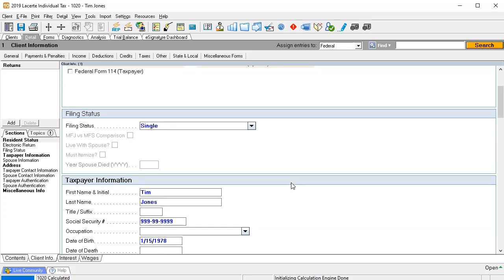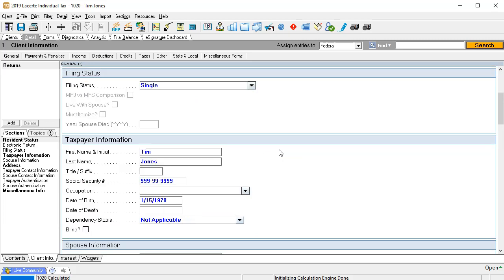Now, this individual, we have one person. We're going to start off with a single individual. So we're going to say single. That's another thing that in the initial interview, you want to kind of figure that out. It should be pretty obvious for the most part. Generally, if you're talking to someone that's married, then obviously you're going to assume married filing joint unless they say married filing separate, at which point you'd probably be saying, well, are you sure you want to do that? Because it's usually not